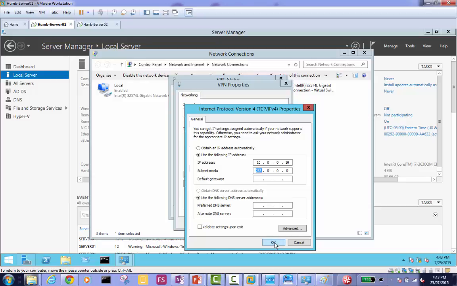Sorry? How many member servers do you have? One. Either member server or a Windows 8 or a Windows 7 client, doesn't matter. We are still configuring the server side right now. So this is the first step. Second network card, which is renamed to VPN, and the static IP is given as 10.0.0.10, and the subnet mask is this.